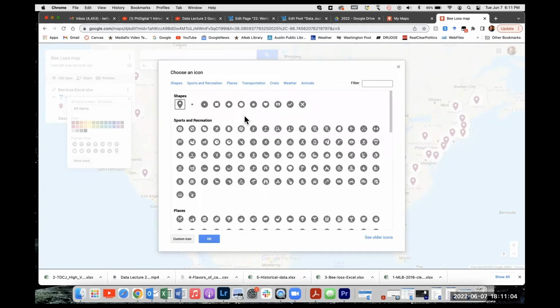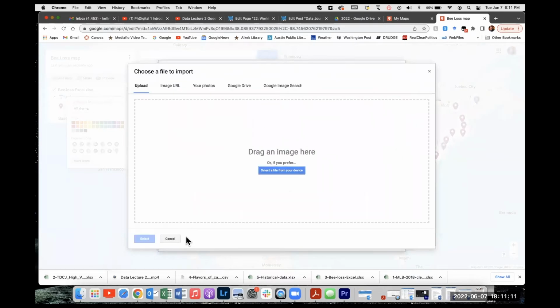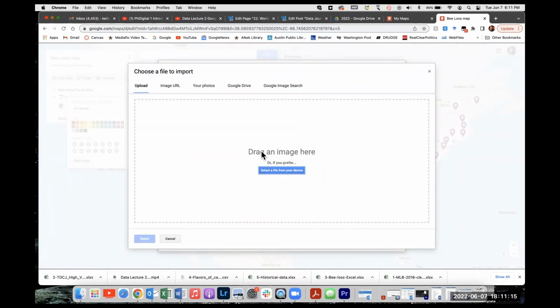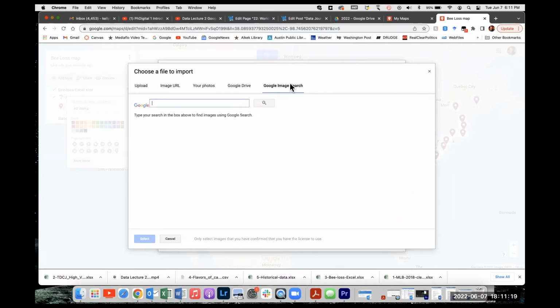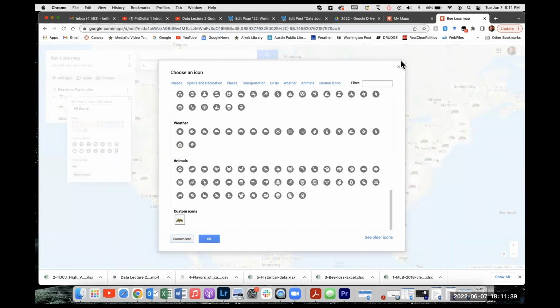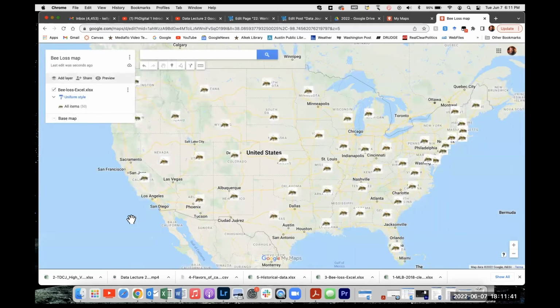What I'm going to do is I want to add something else. So I'm going to click custom icon here at the bottom again, and it lets me have some more options, including Google image search. So I could upload an image from my computer and use that as the placeholder on all those spots on my map. I'm going to hit Google image search, and I'm going to put, that's actually a pretty nice one. So let me use this one, and I'll hit select,